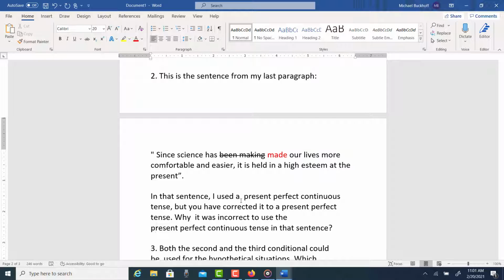You can actually use either one. You can use the present perfect or present perfect continuous. Both tenses work in that case. So I am wrong. You are right. However, I think it's better, if possible, not to complicate things with writing. So if you don't have to use a continuous tense, right? If you have the choice between the present perfect and the present perfect continuous, it's a more concise choice to use the present perfect, as long as it doesn't change the meaning.